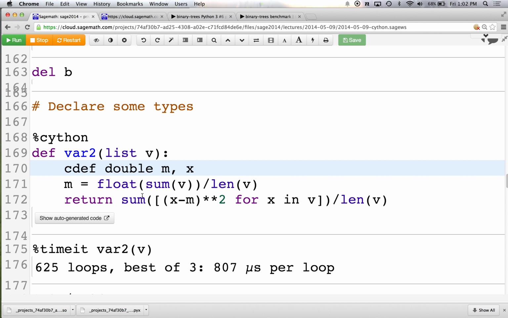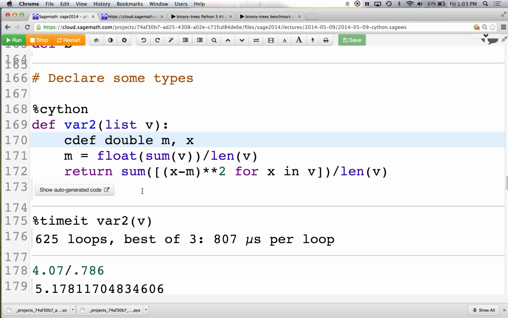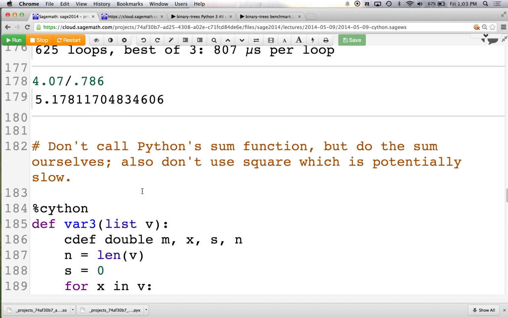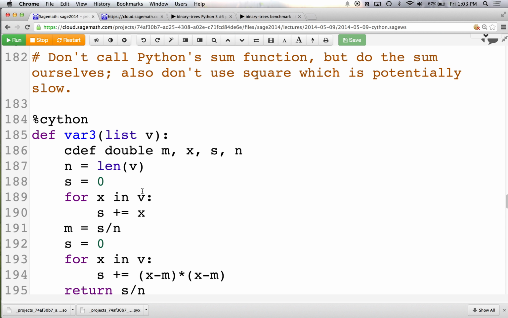So let's write our own sum function where it's going to take each entry, convert it to a double as it's doing the sum, and if one of them isn't a double, it's just going to stop immediately with an error, and if they're all doubles, it'll work. So let's just do that. So the next version, I hope, will be faster, and the way it works is we're not going to call Python's sum function, but do the sum ourselves.